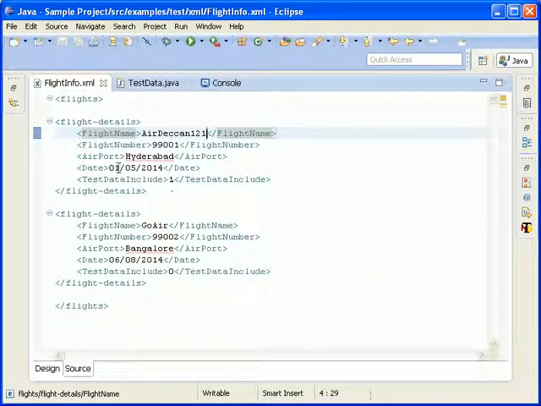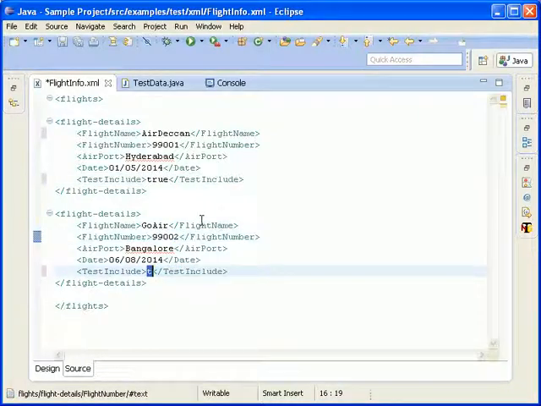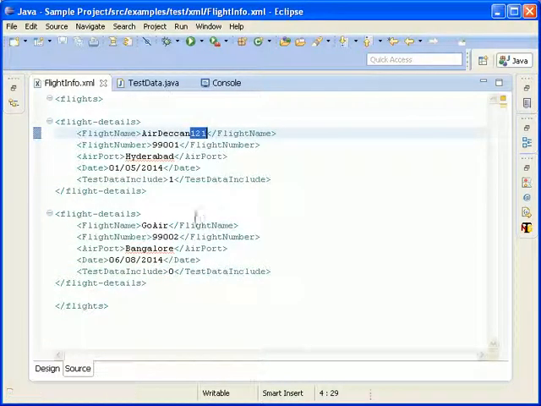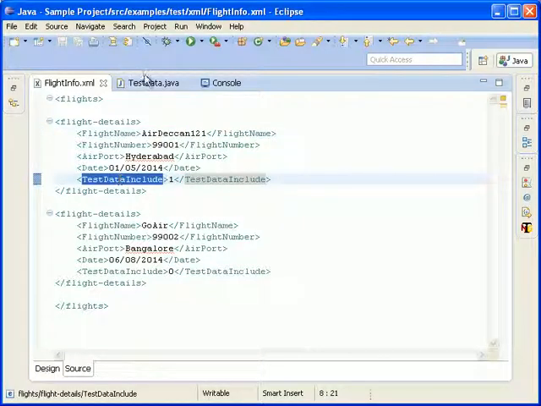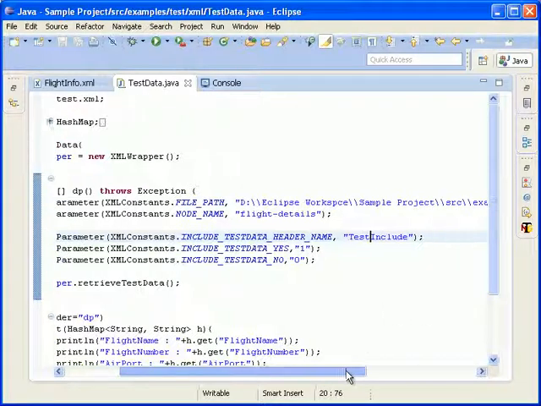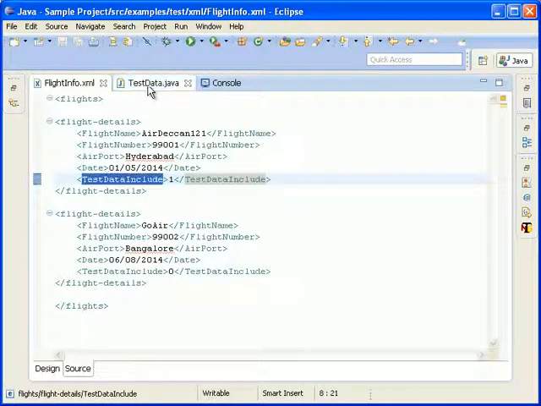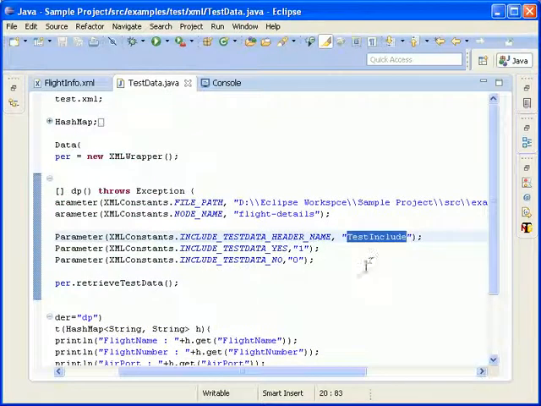And what if here it's test data include, but at the time of configuring I forgot to update the header name, and it is still test include?